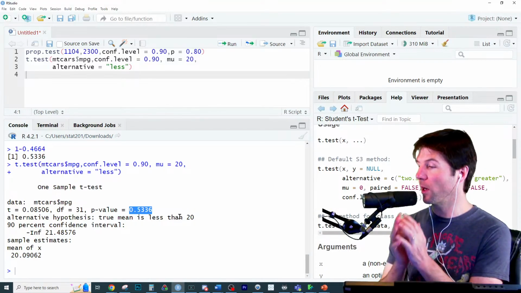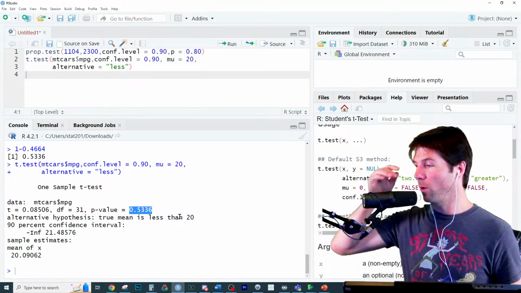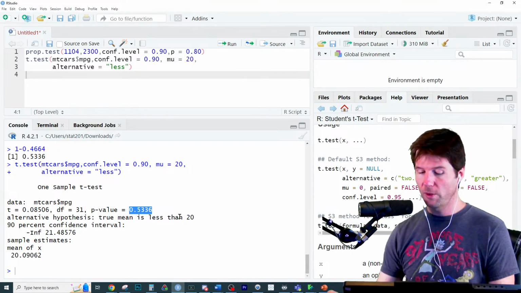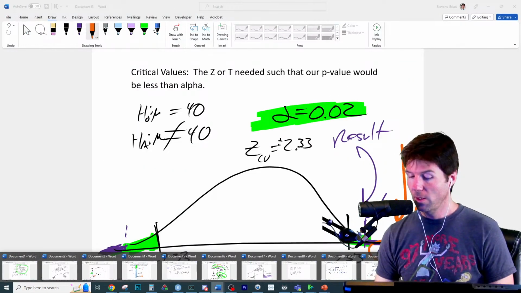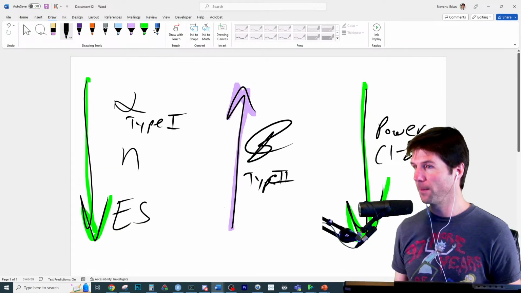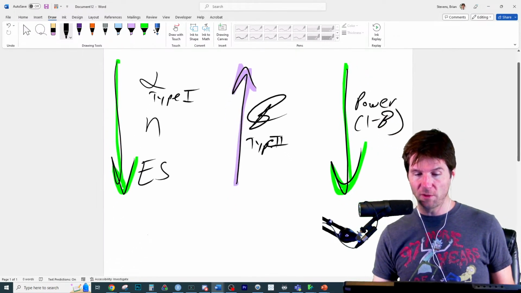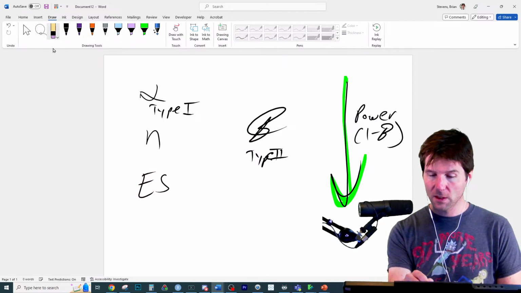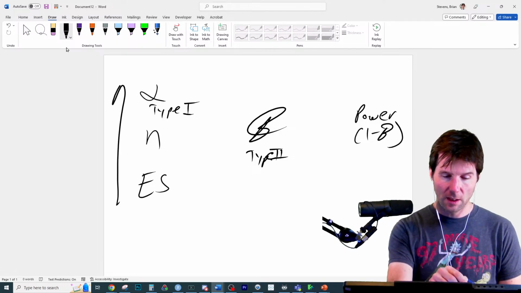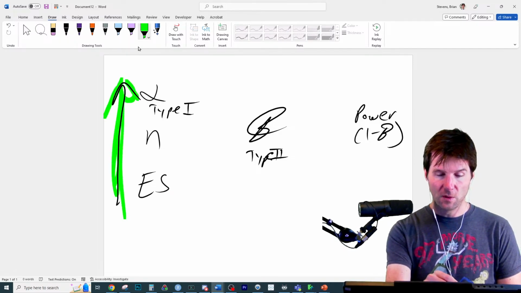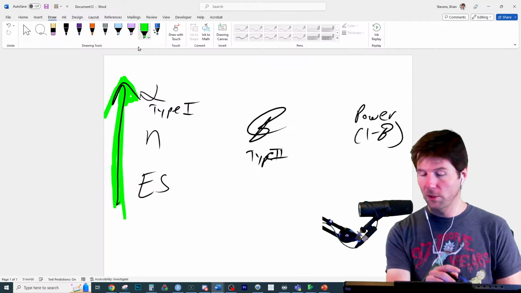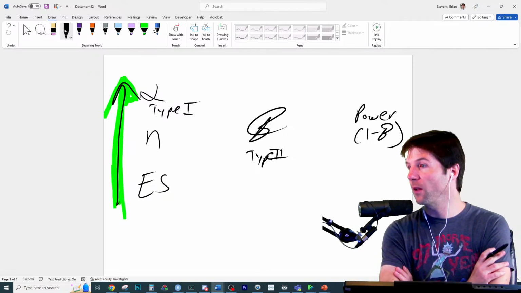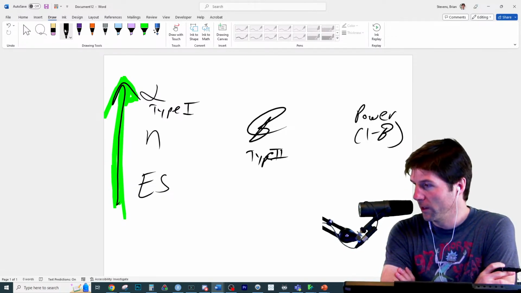A question I had earlier: if you decrease your alpha level, you decrease the risk of a type 1 error, and if you increase your alpha level, you increase... So here's the best way to remember, you ready, Jackson? If you increase your alpha, you do what to type 1? Because type 1 is alpha. Increase alpha, you've done what to type 1? Because alpha is type 1. Increase. Great job, Rachel, right there.